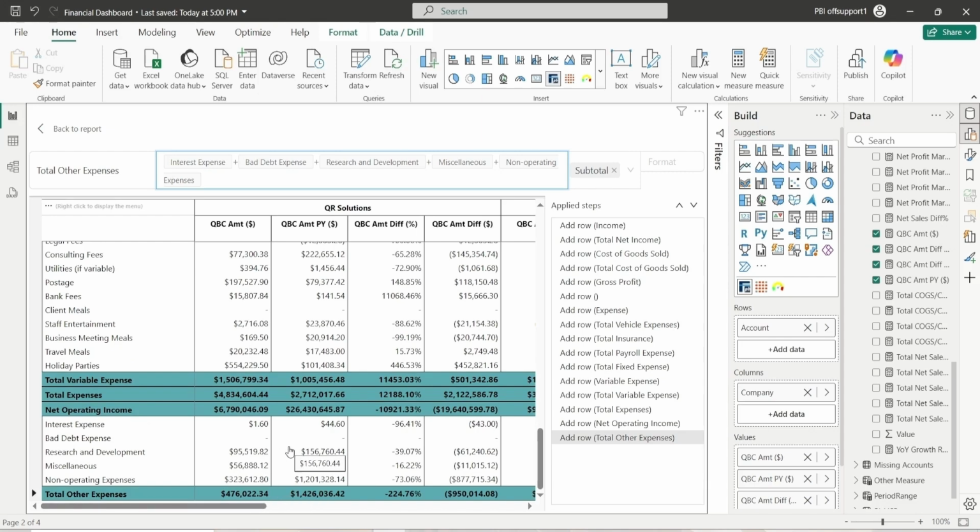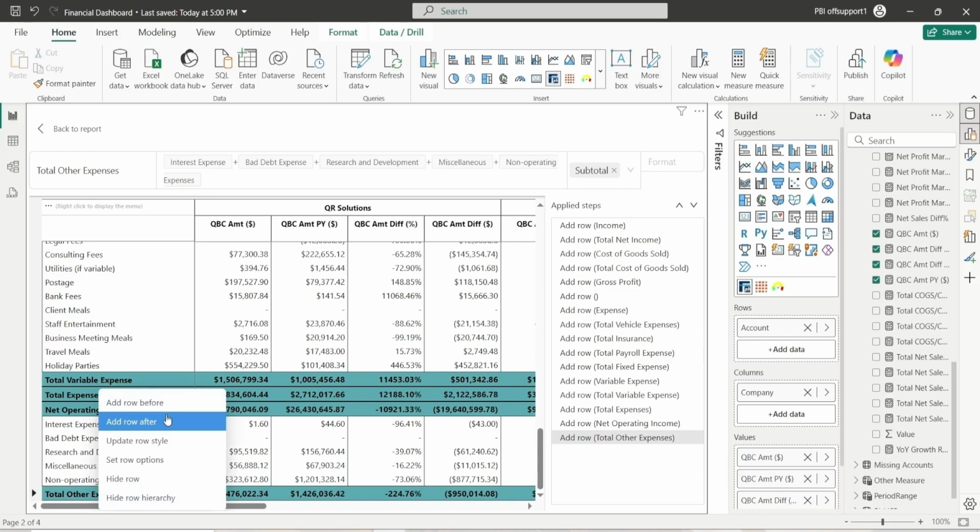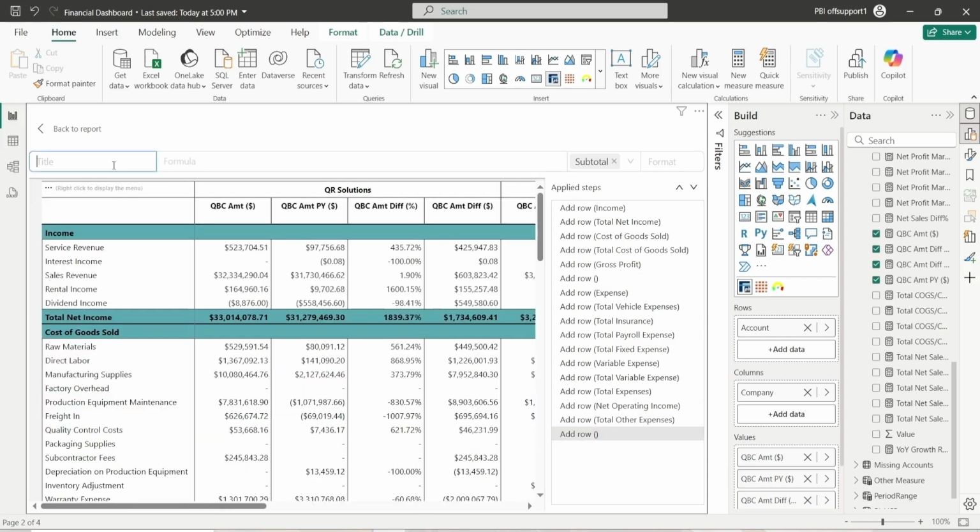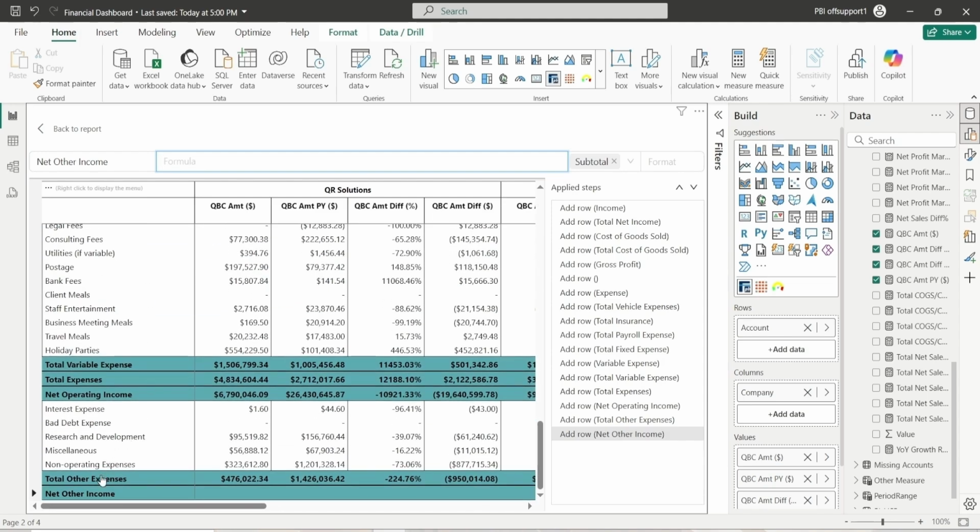So after total other expenses we have net other income. So right click and add row, net other income. The net other income formula is total other expenses times minus 1. This is the net other income, and after that we have, lastly,